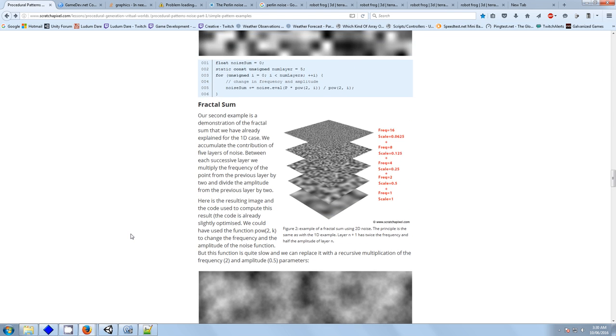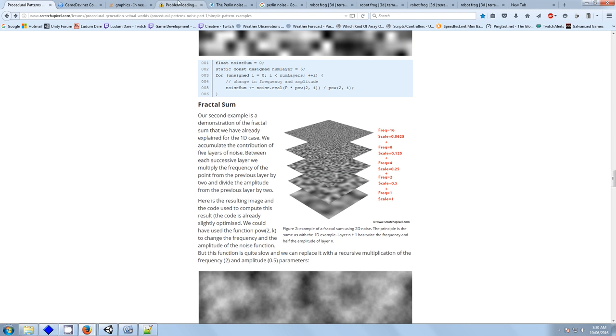This is quite often this cloudy image you see here. What is it? Okay, this is like taking different frequencies of Perlin noise and stacking them up on top of each other. And then the sum that you inherit from adding all these different values, different frequencies, will create this